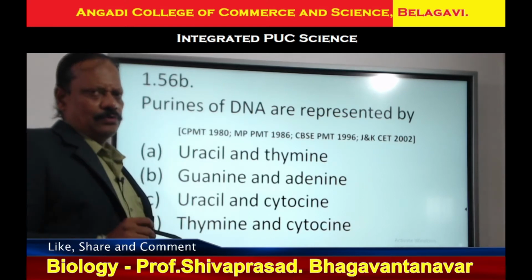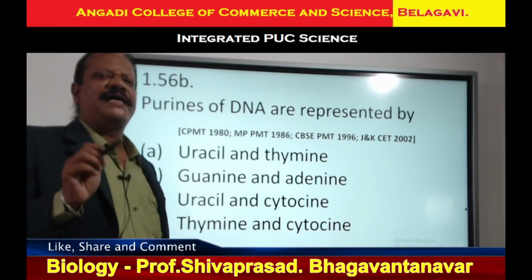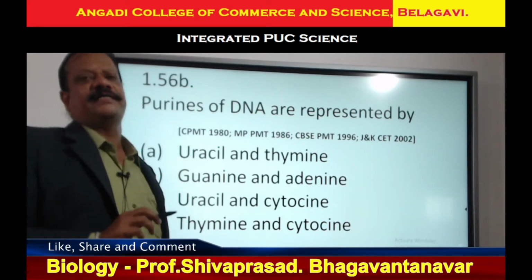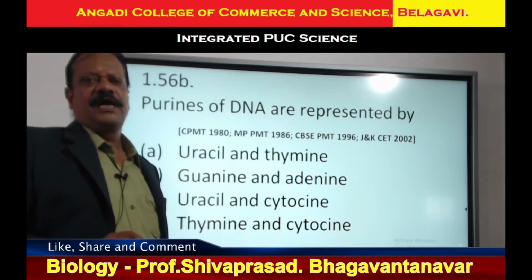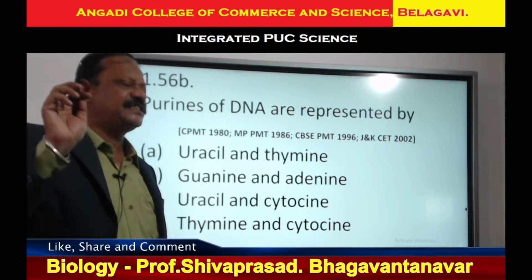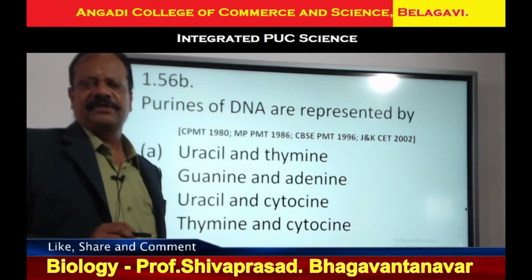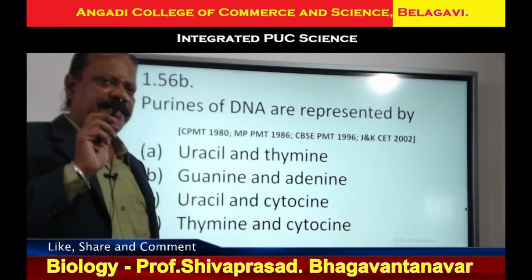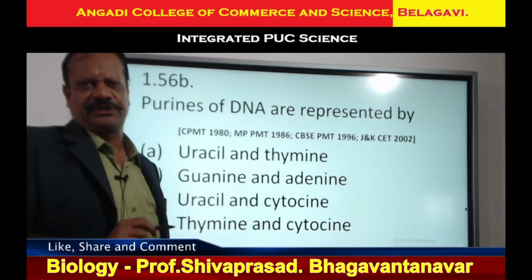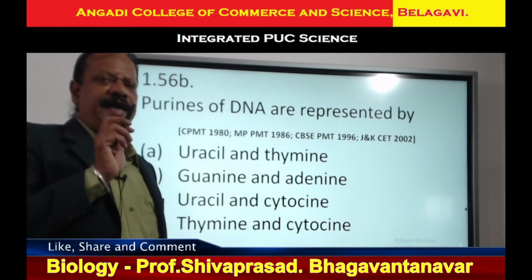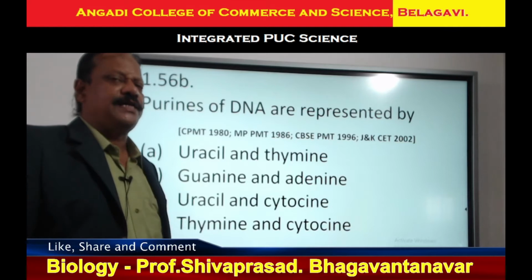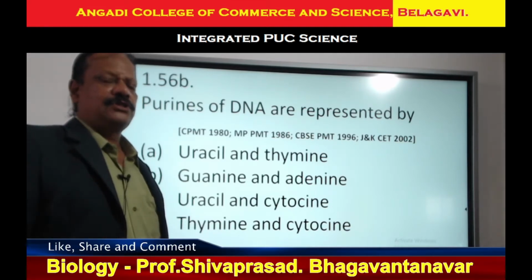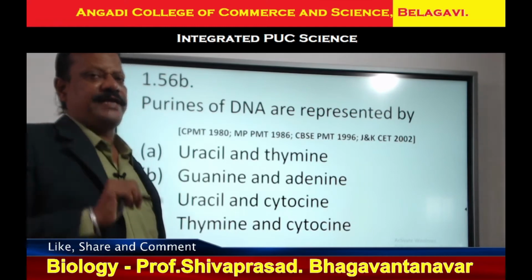I told you, to form a base pair of a DNA, one purine and one pyrimidine is required. And there A, G, T, C, you people observe. A is adenine, G guanine, T thymine, C cytosine. So A and G are becoming purines, T and C are becoming pyrimidines. So one purine and one pyrimidine is required.